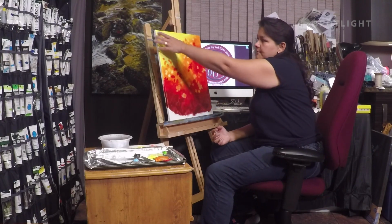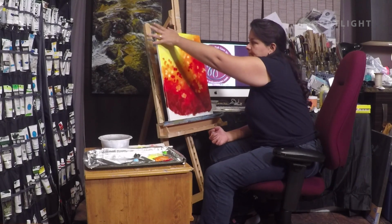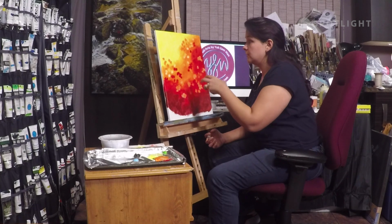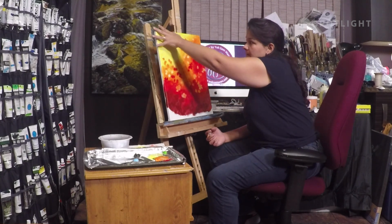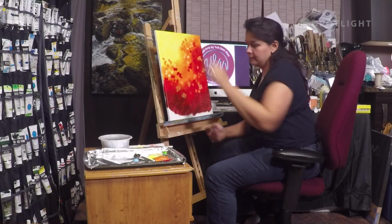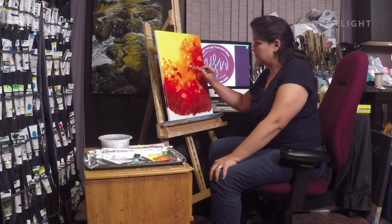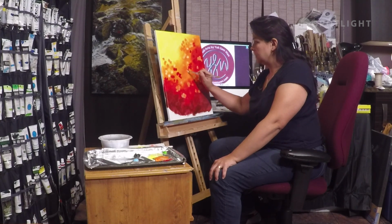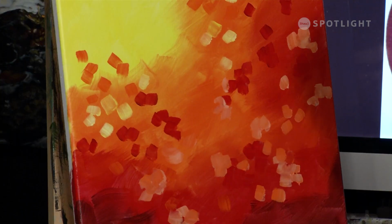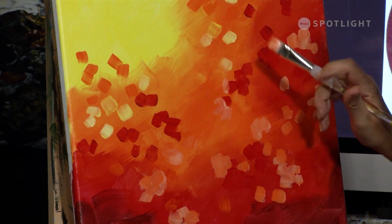So because I have the light yellow on this end, what's going to happen is that your eye is automatically going to transfer it and make it go from the light to the dark. So this is where the sun is. So wherever the sun is, that's where I want to be able to show that on the outsides, I want a little bit of that light. So I'll come and get wherever I think that the sun is going to hit